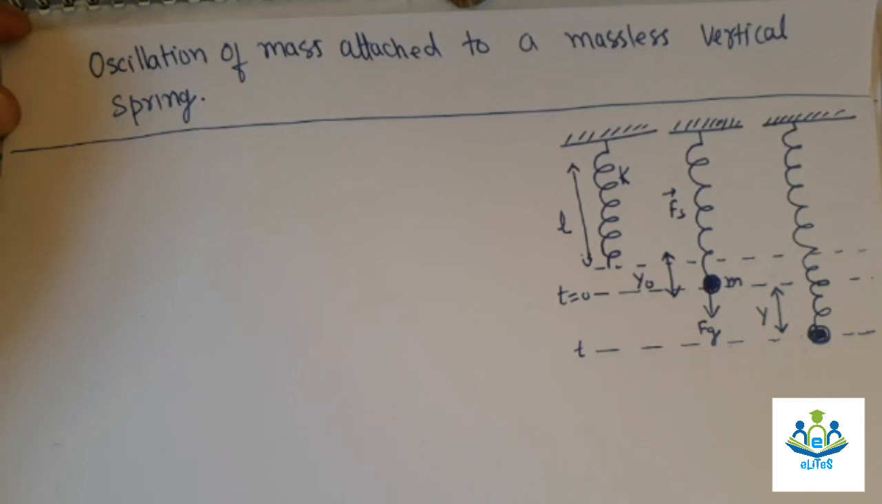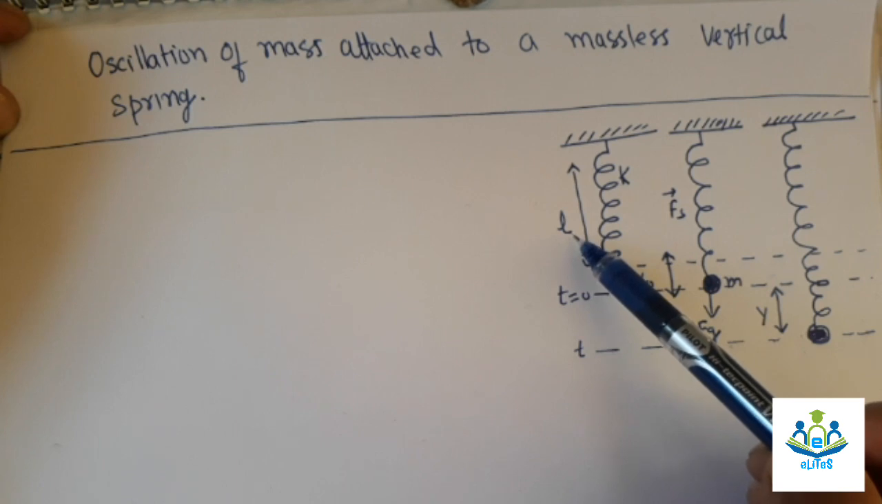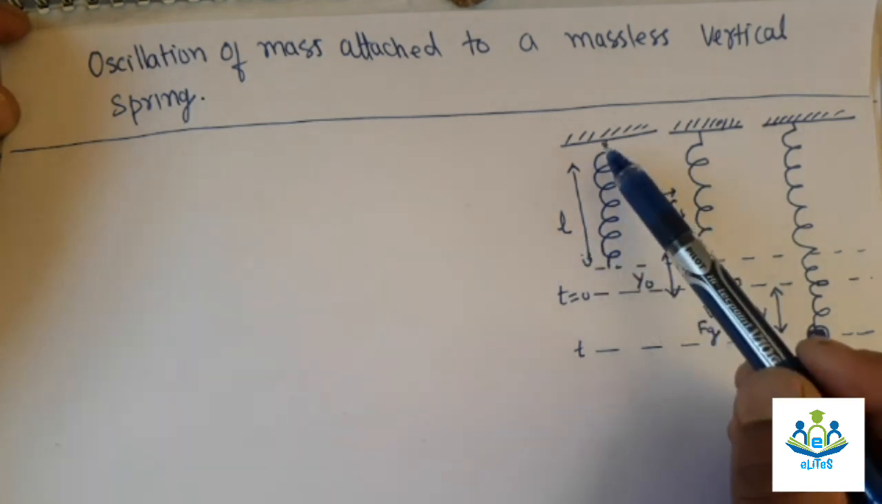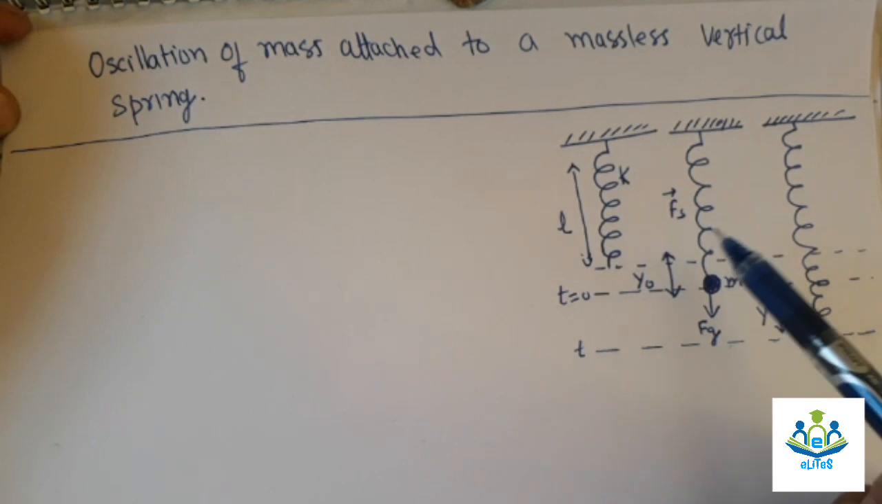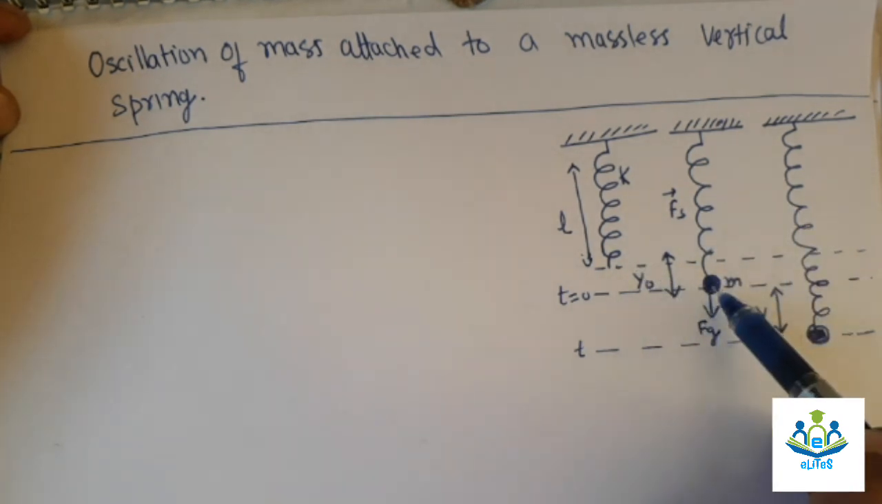Oscillation of mass attached to a massless vertical spring. Okay, consider a spring, a massless spring, with spring constant K, and its length is L. It is hanged from a rigid support. Now, if I attach a mass M to the spring, it will be stretched downwards due to the weight of